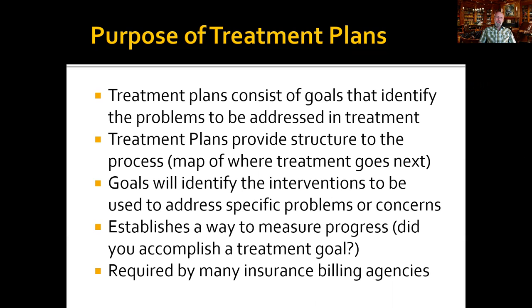meet next week. And then subsequently, there may be treatment goals written that the family will have a family meeting on Saturdays to review how the week went, and they will use a talking stick for the hour that they have the family meeting. So it's just an example off the top of my head. The idea is that treatment goals are going to make it very clear, here's the problem, and here's what we're going to do to work on this problem while we're in treatment together. And the goal actually establishes a way to measure progress. I mean, essentially, did you accomplish that treatment goal or did you not accomplish that treatment goal?